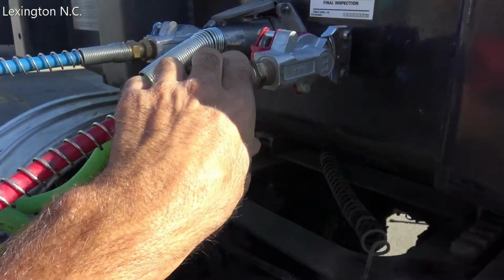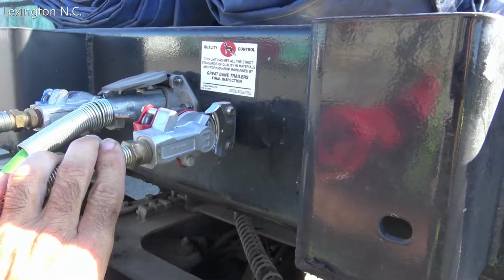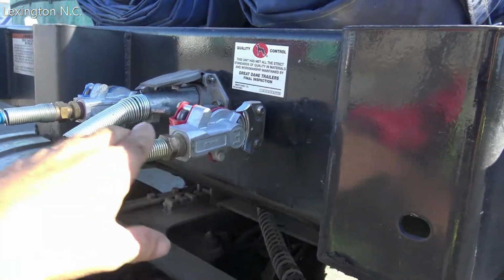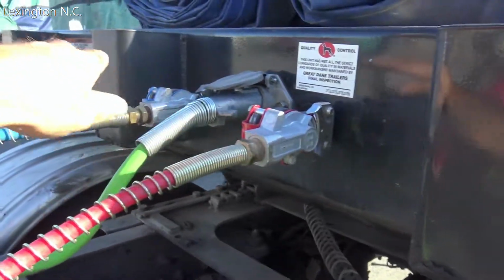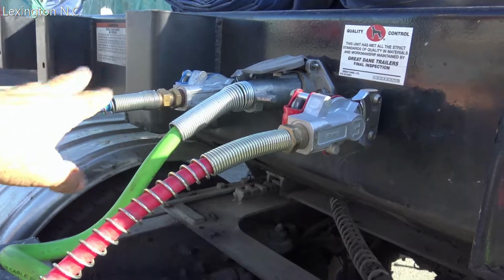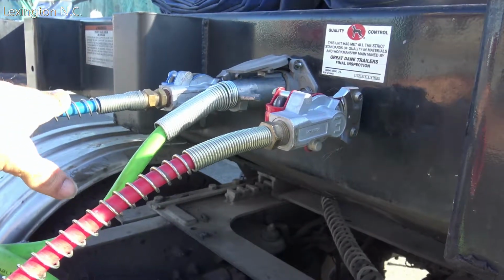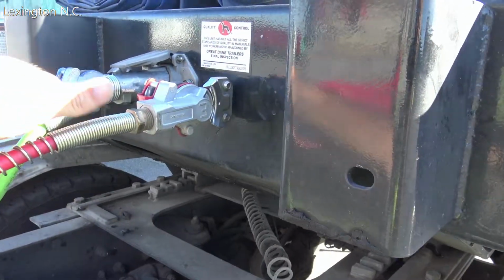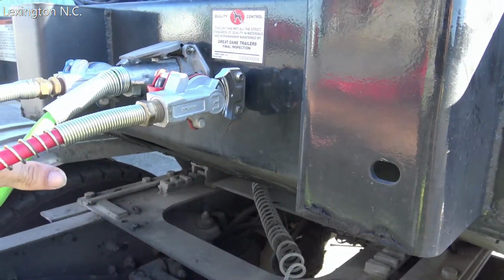Emergency line always hooks up to the driver's side, that never changes. The color never changes. It's always going to be red. Blue is always going to be blue. That's always going to be your service line, and that's always going to go to the left hand side, the passenger side. That never changes, ever. It doesn't matter if you hook up to a